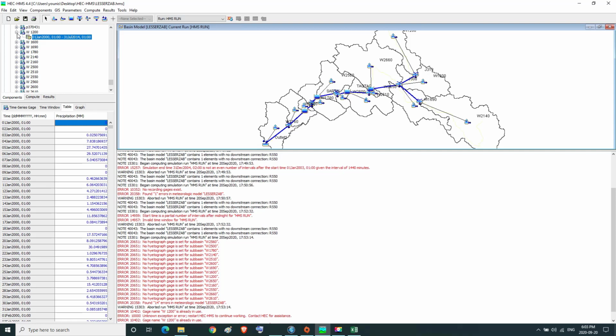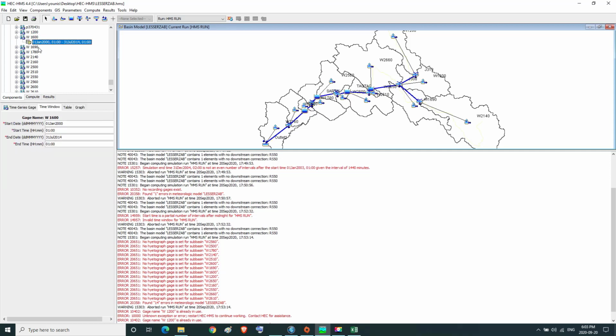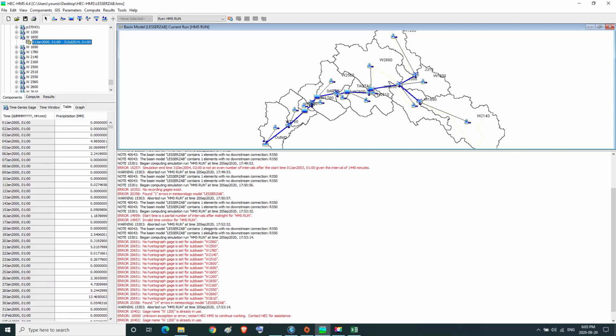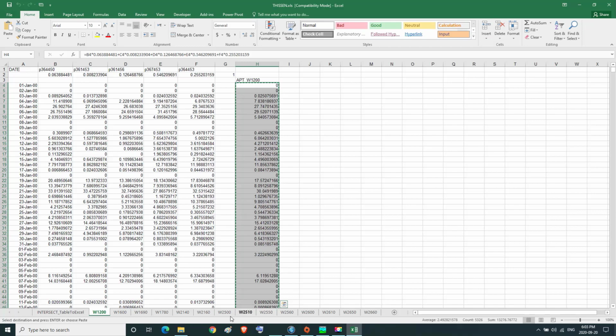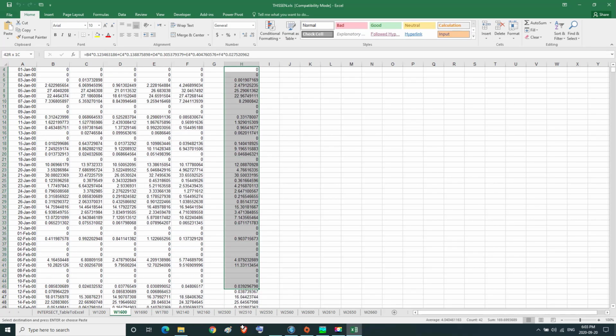Then, in the same way, we input the average precipitation data by the Thiessen polygons method to the tables of the gauges or stations of the rest of the subbasins in the study area basin, as we see.